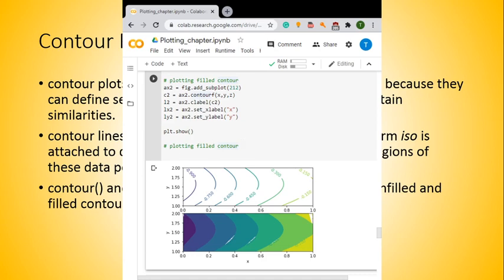Okay. The contour and contourf functions can be used to plot unfilled and filled contours, as I have demonstrated in this example. A simple command like help(contour) gives you extensive information about setting various parameters of the contour plot. I hope you all go with this help function and explore each and every function that is